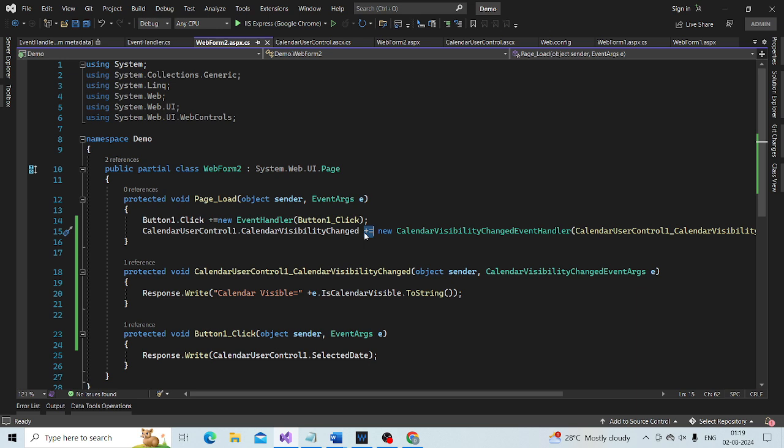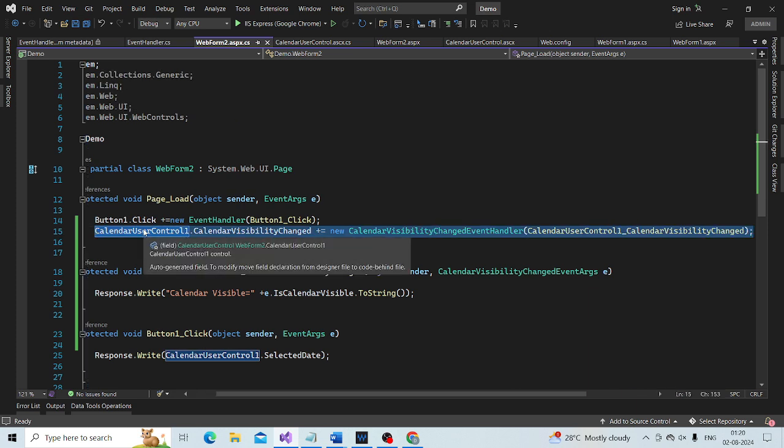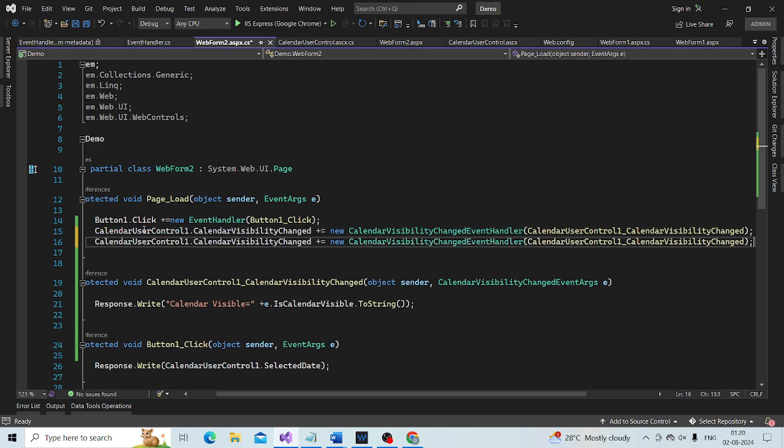Look at that. Here I am using minus equal. If I copy and paste it below, and use minus equal, save the changes and run it.